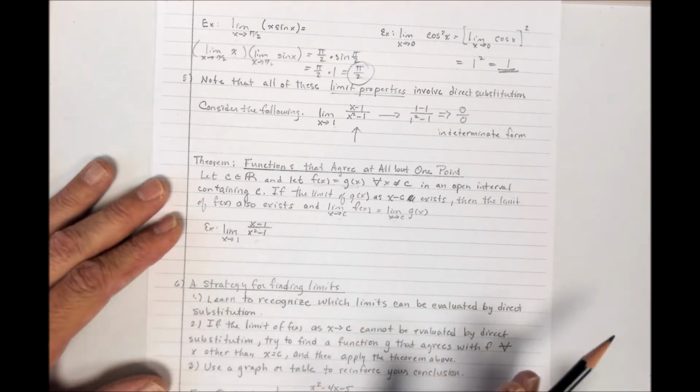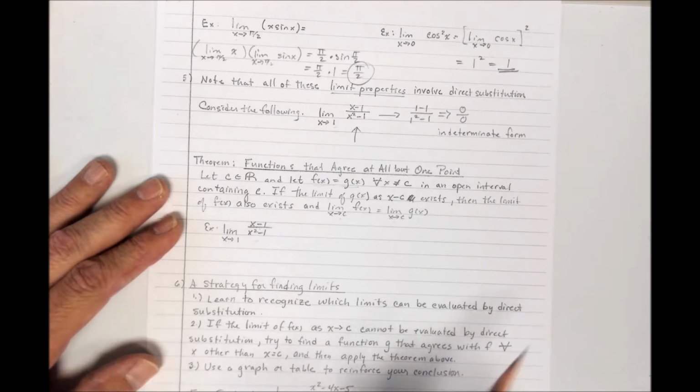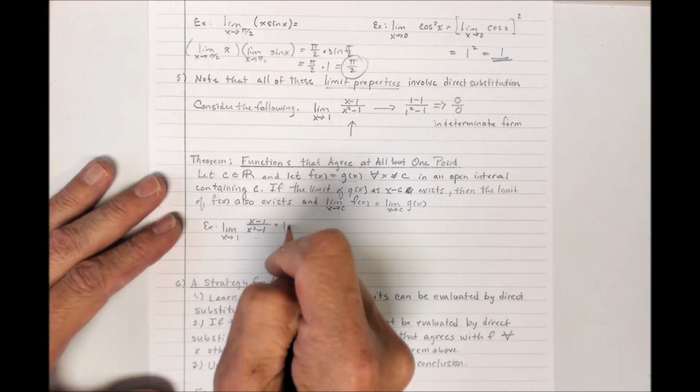What this is saying is if you have two functions that agree at every value except c, and that's the one that you're taking the limit of, if the limit exists for the one, it exists for the other, and they're the same. Now you say, well, why would that be important? Well, you may have already noticed that algebraically,